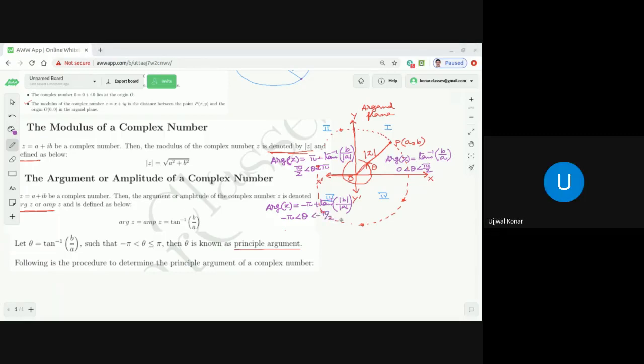Okay. Why? Because we are finding the principal argument. In principal argument, as we just discussed, theta has to be in between minus pi to pi, excluding minus pi but including pi. Now in the fourth quadrant, dear students, what will it be? In the fourth quadrant, we know that a is positive but b is negative. So in the fourth quadrant, the argument will be minus of tan inverse of mod of b by a.